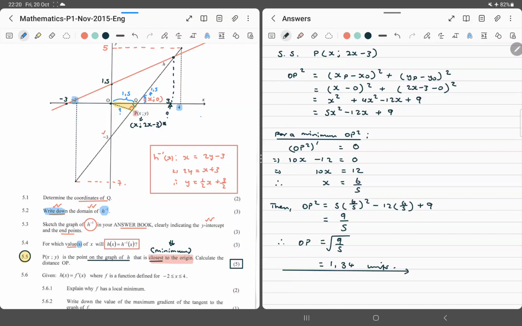Right. So let's say now in triangle OQP, what do we know? We want this angle OQP. It is going to be the shift tan of the gradient of this line. Why? Because these are vertically opposite angles. Because the angle of inclination of h is vertically opposite that angle, and therefore they should be equal. So let's sort it out. What is that? So shift tan of 2 gives us